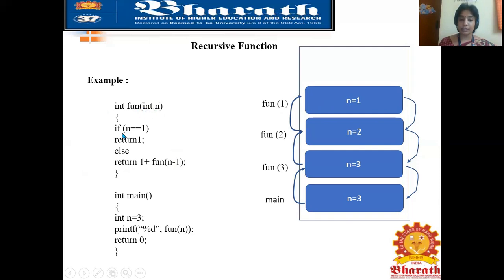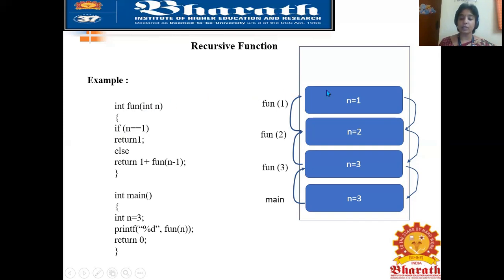It will check whether n is equal to 1. Yes, in this case the n value is 1, so this condition is satisfied. It will return the value of 1 to this function. When it returns the value of 1, what happens to this activation record?